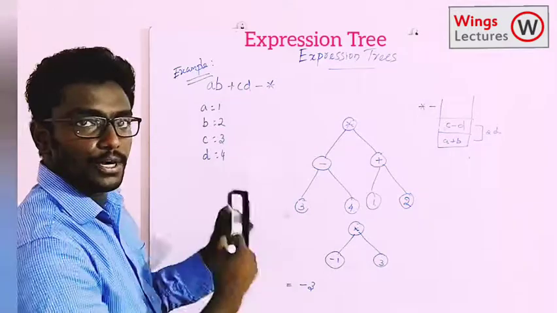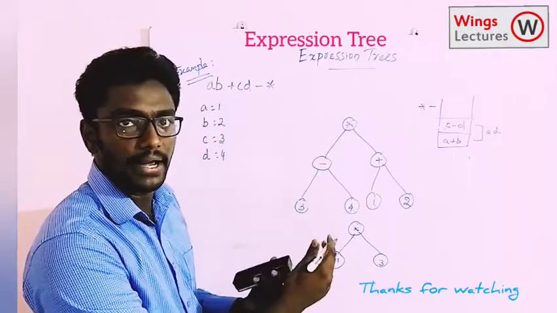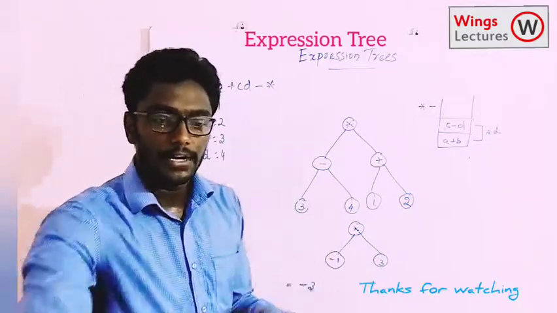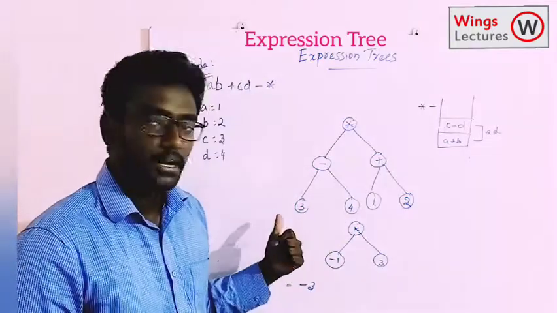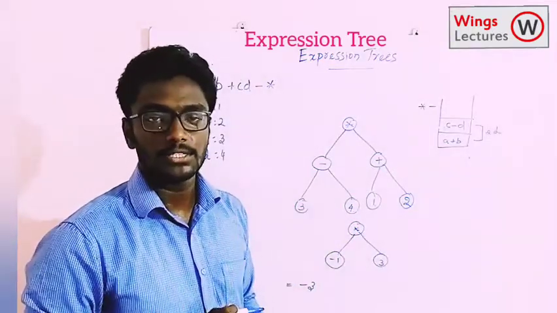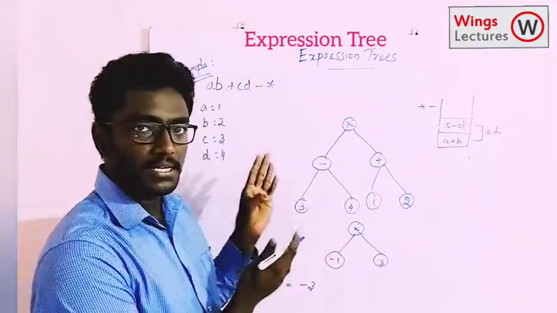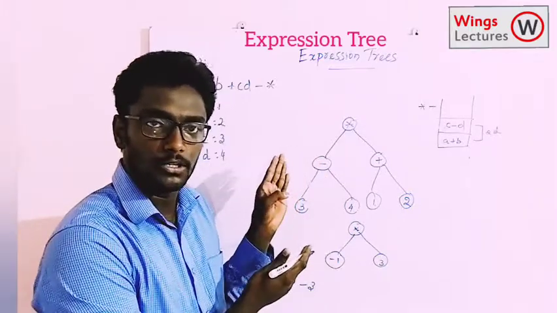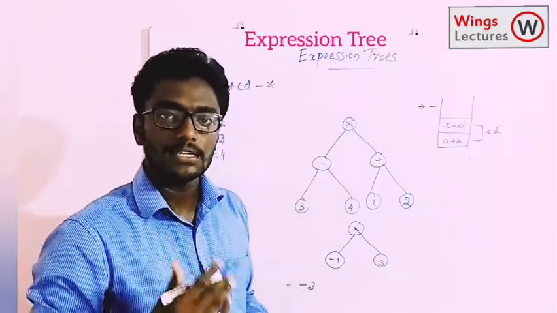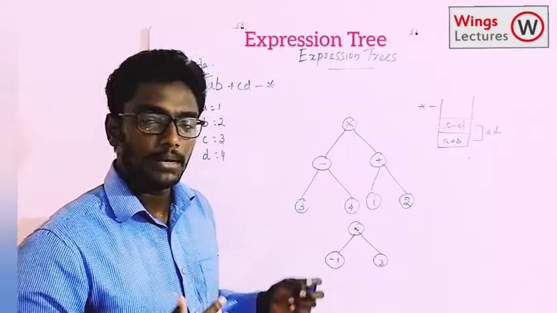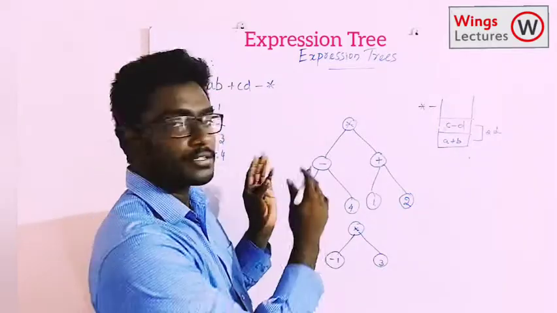Okay, so this is how we are going to process the expression by using a binary tree, right? I hope you understood the logic very well, and if you have any doubts you can comment in the comment section. It's a very special tree and a very special algorithm. Try to understand the logic, otherwise it will be a bit difficult to process things.